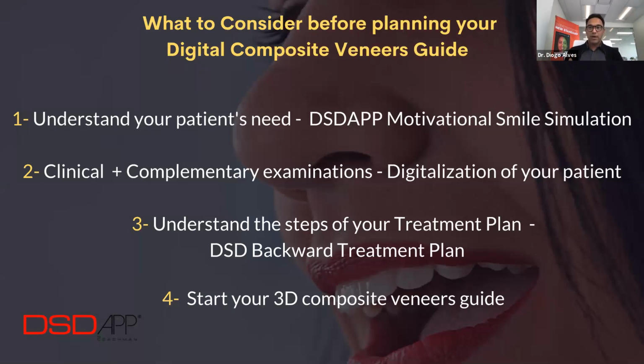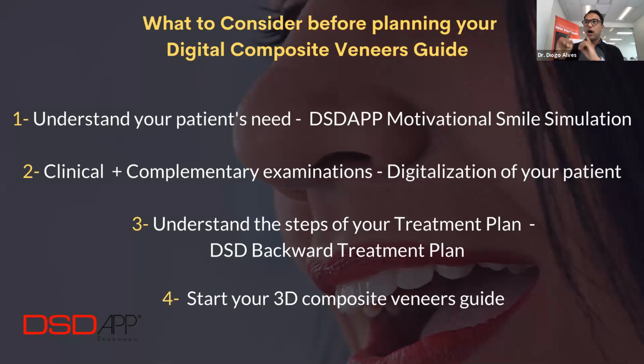Then number 3 is understand the steps of your treatment plan. That's what we call the DSD backward treatment plan. We believe that everything starts by analyzing the patient's facial structure. Once you know those parameters, then you can start to design your smile, because you want to create a relationship between facial compositions and dental compositions. And then, of course, once you gather all of that information, then you start your 3D composite